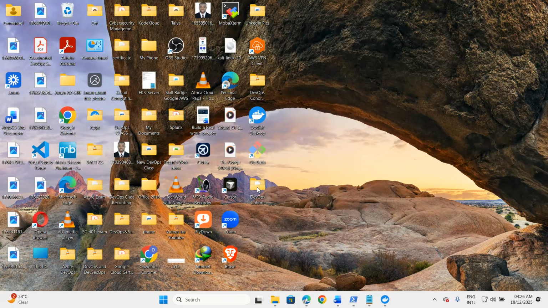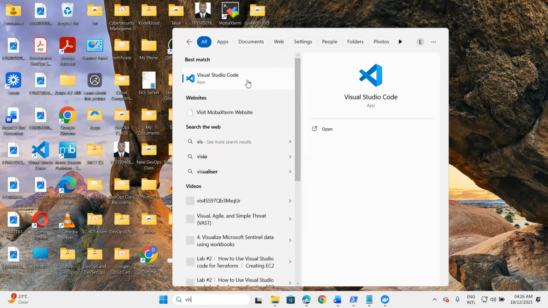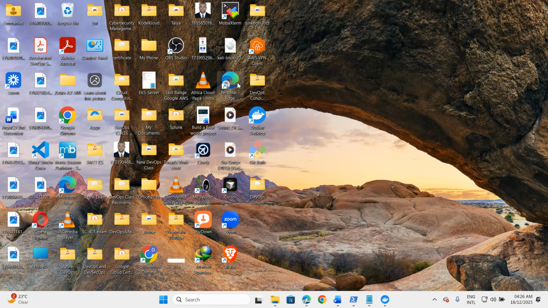I open a folder, name it GitOps or whatever you want to name it. Then you open Visual Studio Code. Okay, I want to try to edit the application. Visual Studio Code. Let me just delete and recreate for you. Okay, so let me name it